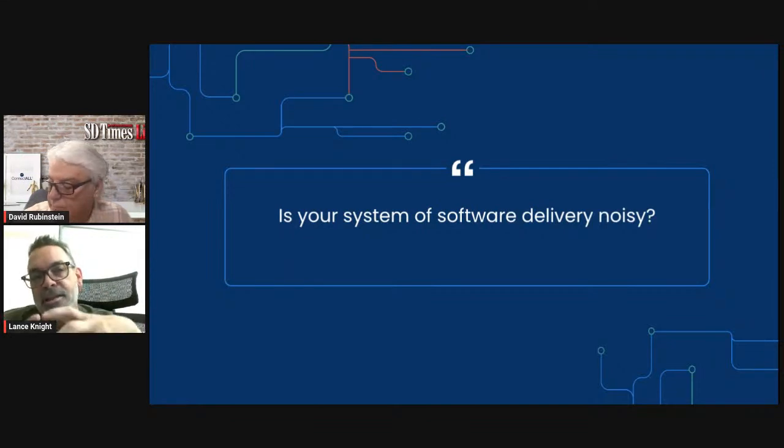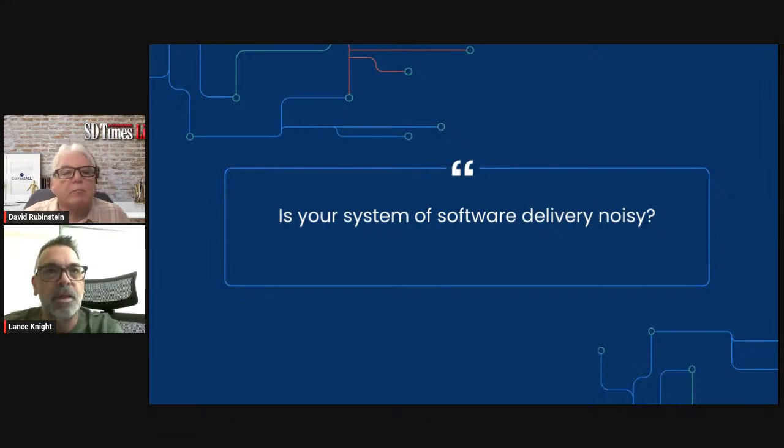And what's interesting is I sat down and analyzed this. If you're a small development shop, maybe you've just got maybe 10 people, that noise is very manageable. But as you grow, you start to employ more and more people that are just managing the noise in your value stream. So if you have a large organization, there's tons of overhead, tons of noise going back and forth, tons of feedback loops. And are they all necessary? And can some of them be automated? If you're not automating them, that's going to reduce flow, and that's going to hurt how you get software out the door and time to market, and slow things right down for you.